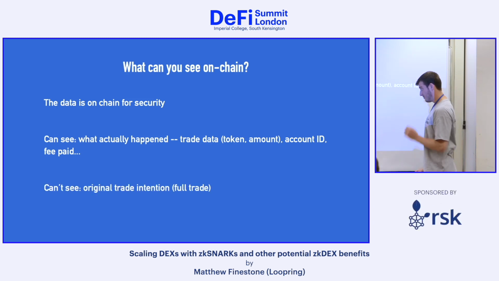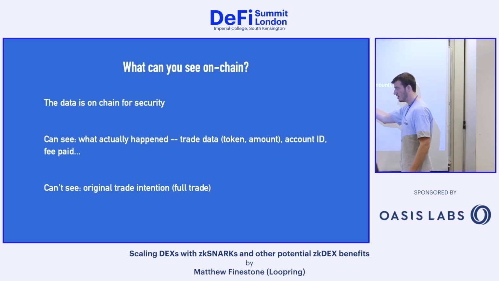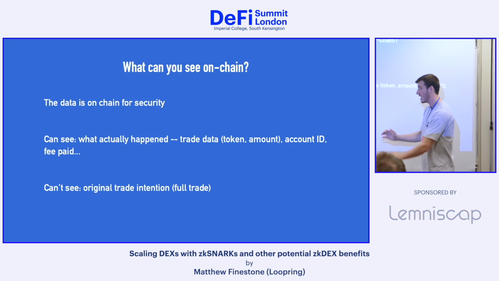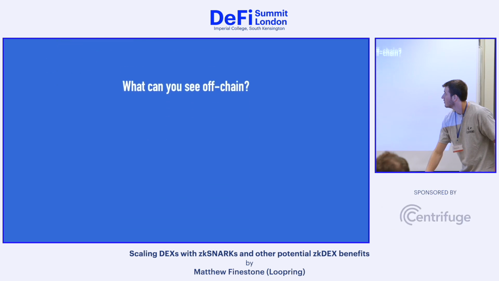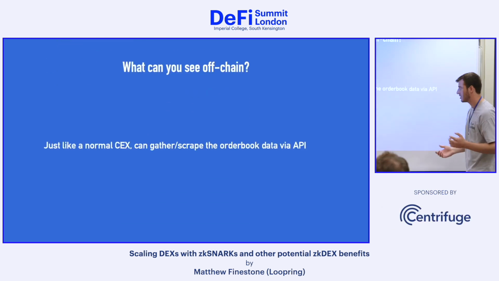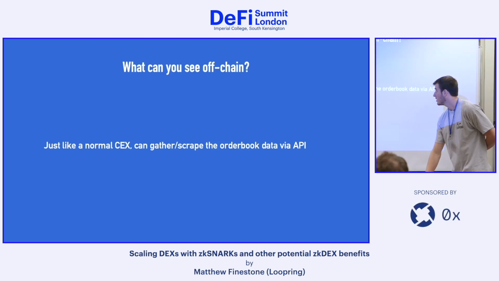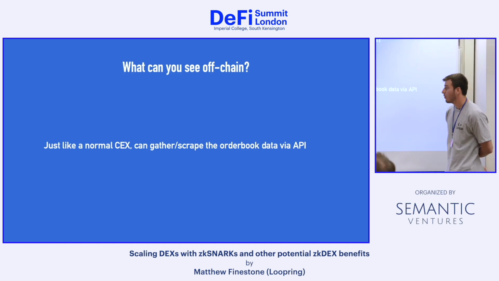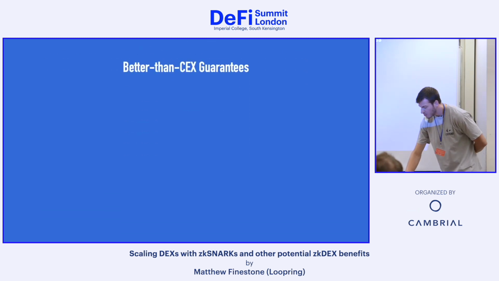What you can't see is the original trade data. If I was filled for half an ETH for MKR, I could see that on-chain, but if I actually wanted to do 4 for 8, whatever the original trade was, I can't see that. I have to see it off-chain, or in a normal exchange environment where I could see orders from the API they expose. I put this up here because a lot of people ask, what can I actually see in such a construction? So what are we really going for here?